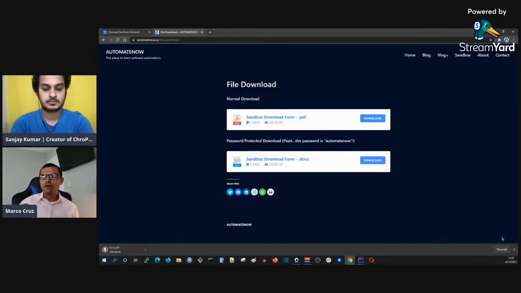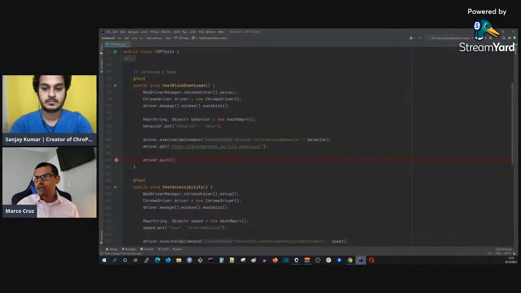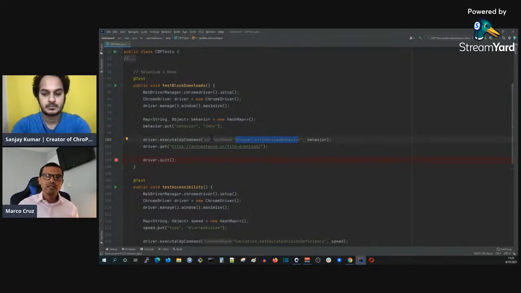So we're going to run a script that is going to get to the screen. And when we try to click on this download button, you're going to notice that there won't be any download happening, right? It's going to block it. So let's take a look at that script. So here I have created, again, a hash map, and I'm saying behavior. This is the parameter. It's called behavior, and I'm saying deny. So I'm denying downloads, right? And here's the execute CDP command method, and I'm passing in this command, Browser.setDownloadBehavior, right? And I'm going to then navigate to this URL. And when we get there, I'm going to manually click on that button